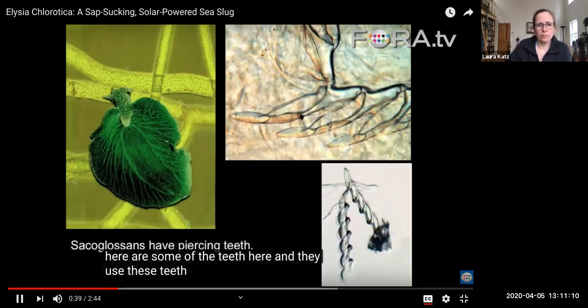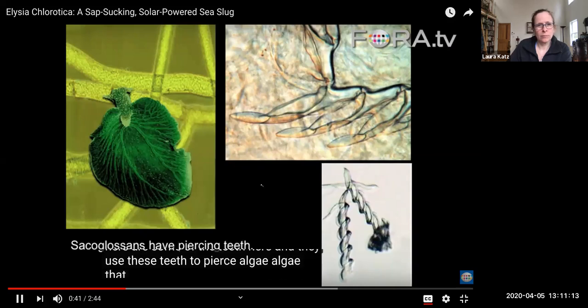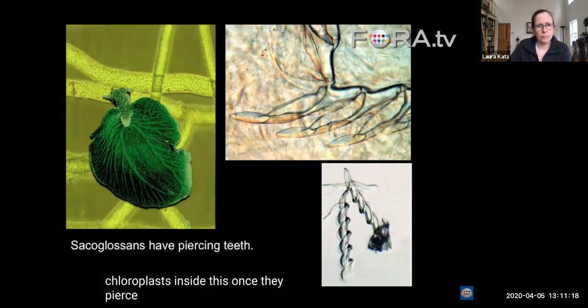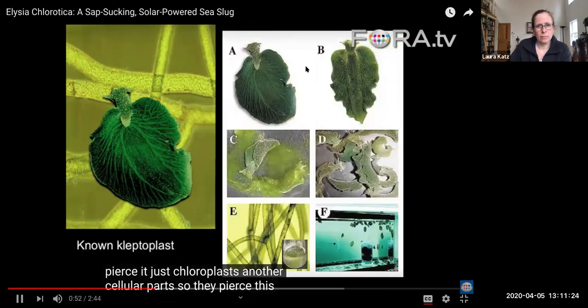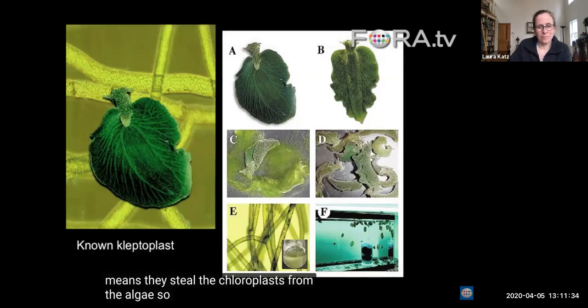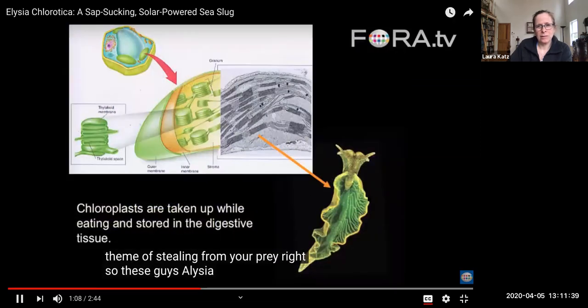And they use these teeth to pierce algae that don't have cell walls. It's just a bunch of chloroplasts inside this. Once they pierce it, just chloroplasts and other cellular parts. So they pierce this, they suck up all of the insides, and they're what's called a kleptoplast. And that means they steal the chloroplasts from the algae. So we've had this running theme of stealing from your prey, right? So these guys, Alveolates, they actually take the organelles, they take the chloroplasts from their algal prey and put them in their body,